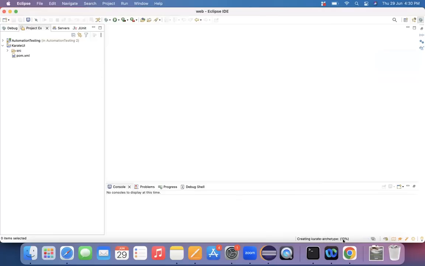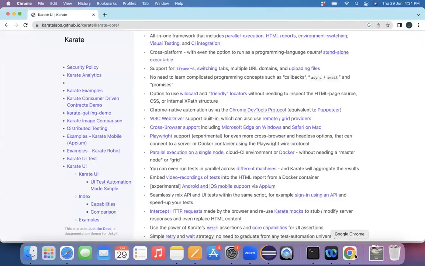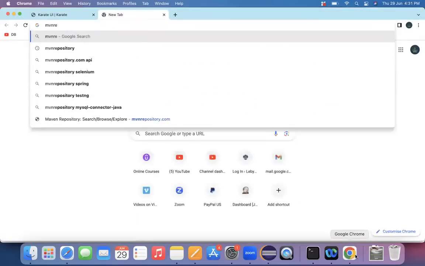So it's downloading all the artifacts, or I can say it's downloading all the jar files. It's creating a Maven-based project. Still, the percentage of completion is 10% itself. So I'm going to